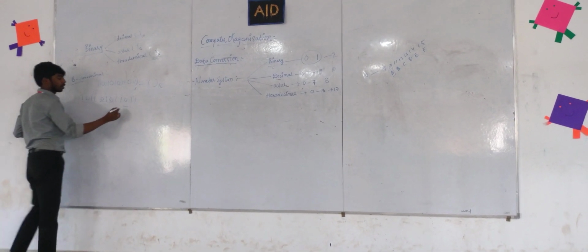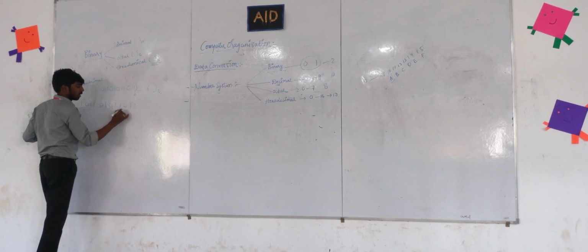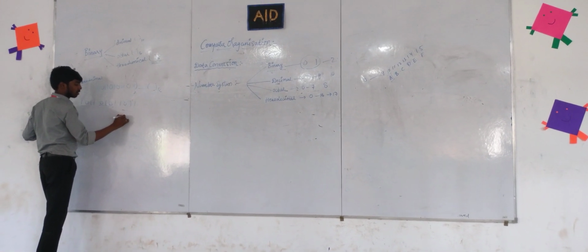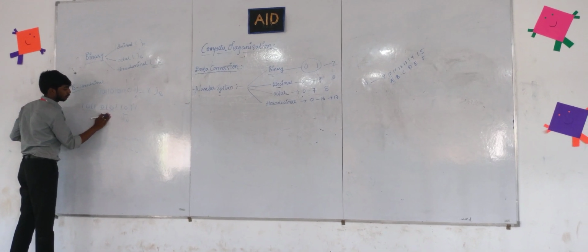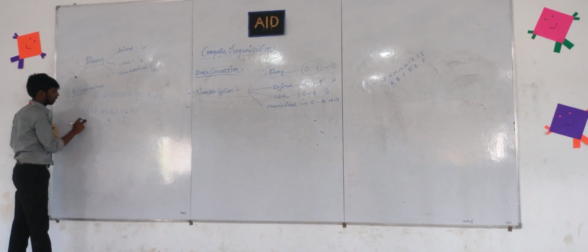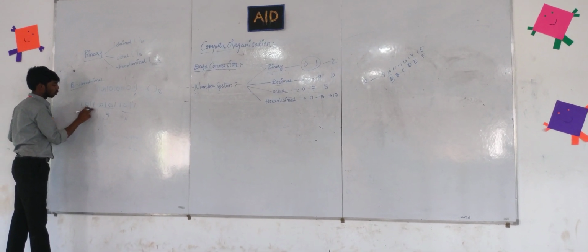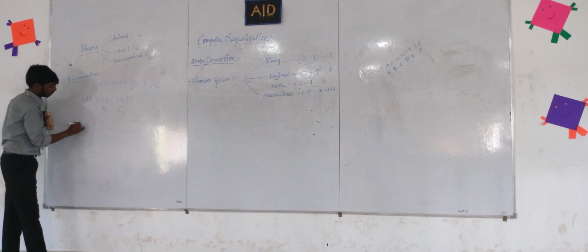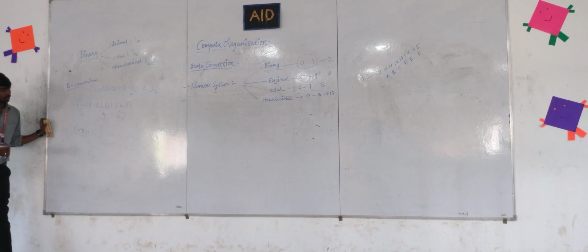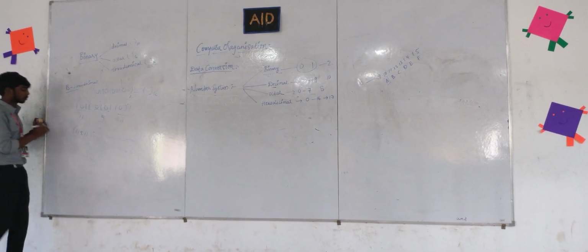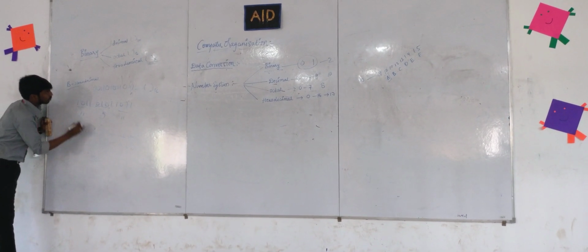Now tell me, what was the value of it? 8 plus 2, 10. 4 plus 1, 5. 8 plus 2 plus 1, 11. So we get 10, 5, 11. B 5 B. Sorry, okay. So this is what we got actually.